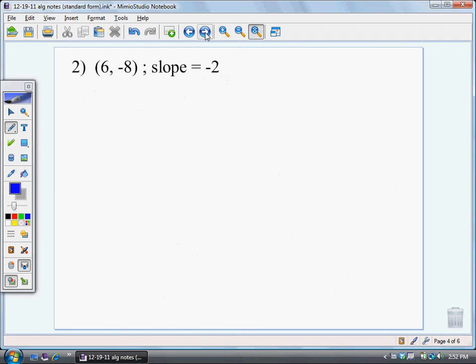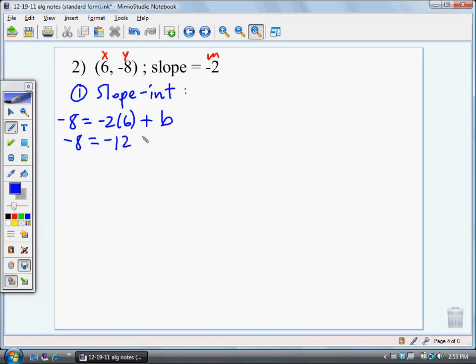All right, now the next one, I'll do it two ways again. Slope-intercept way, where again you have x, y, and m. And when we plug that in, we're going to get negative 8 equals negative 2 times 6 plus b. Negative 8 equals negative 12 plus b. Therefore, b is 4. That allows me to write the equation negative 2x